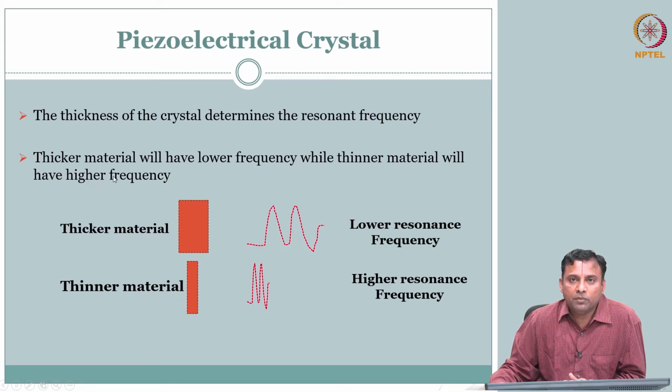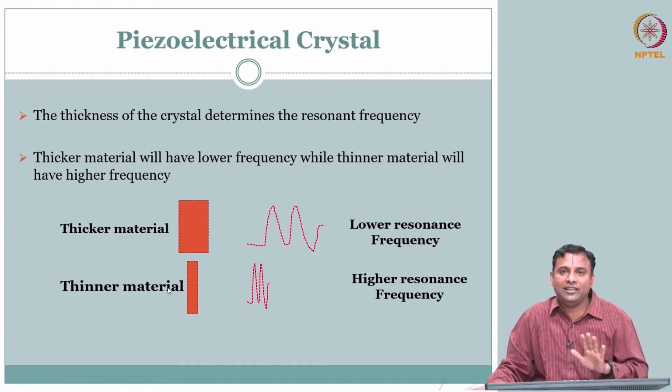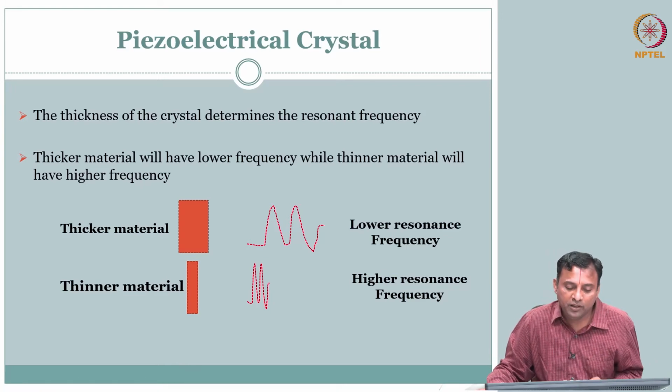But we know something. What is this frequency related to? Oh, frequency relates to your lambda, right? C equals f lambda, and we already passingly mentioned this lambda is an important parameter, right? The wavelength is related to resolution. So the higher the frequency, the lower will be the lambda, and so the better will be the resolution. But then you notice the challenge also is coming. So we'll just identify that and leave it at that, because we are not going to go into the depth of how to engineer this material.